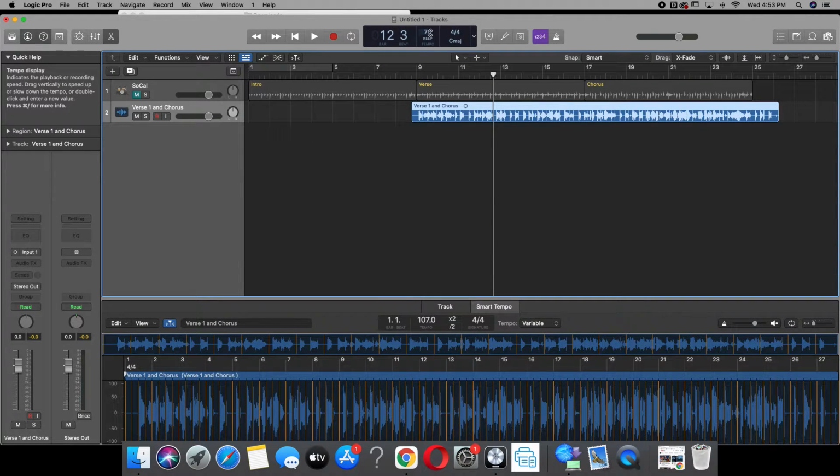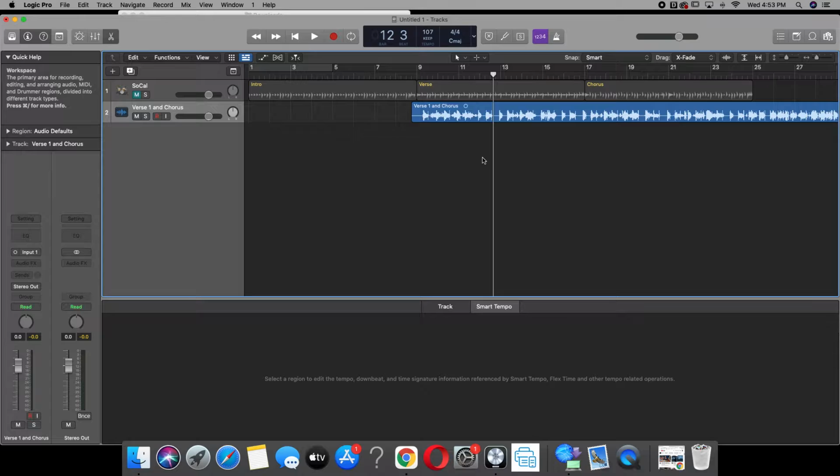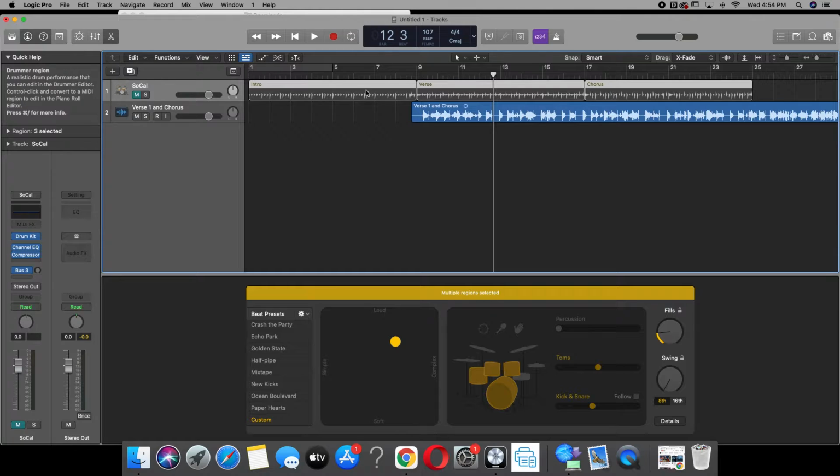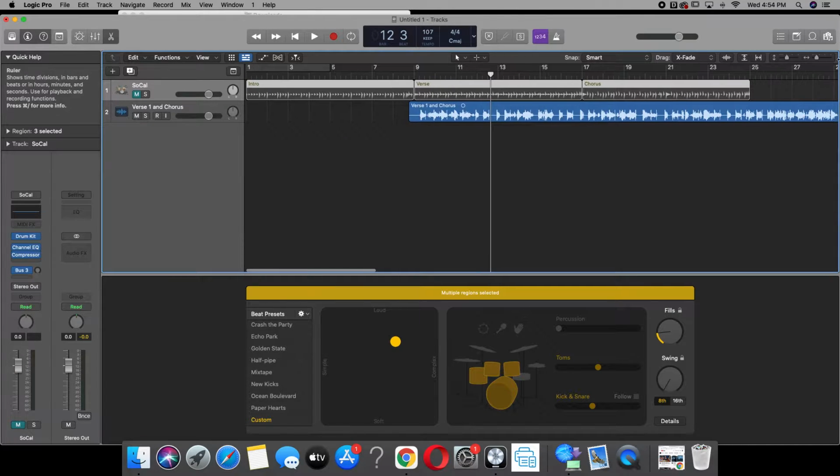So that's the reason I don't really change that. I will simply change this to 110, okay? Excuse me, not 110, what am I doing? 107. Now that 107 will go ahead and set the entire project. So my drums will be there, right? What I have to do though with this audio file, and we can unmute this,